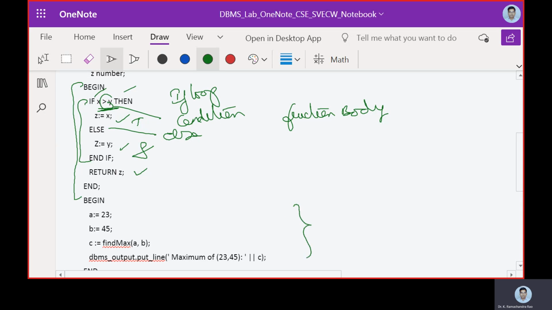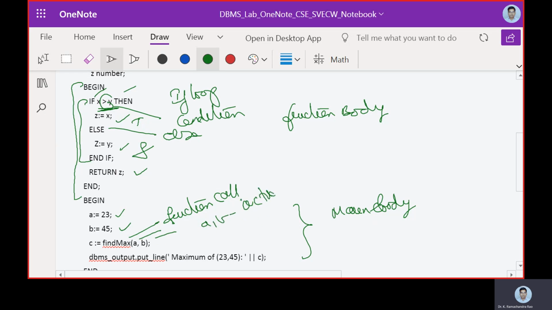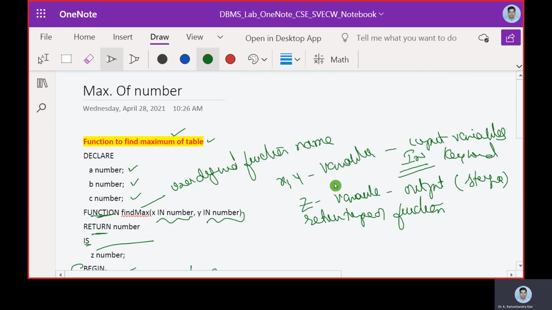Now begin to end, this is main body, and a and b are assigned variables. Now find max, we call it as a function called a comma b. These are actual parameters, and they are invoked in the function call.